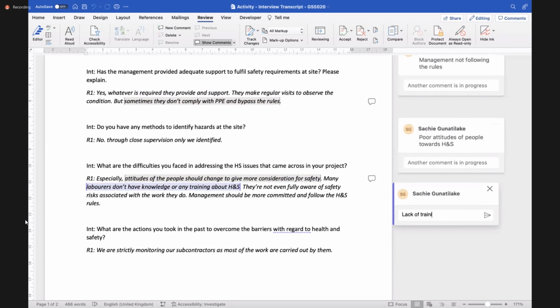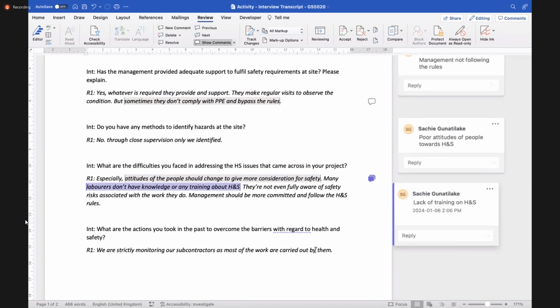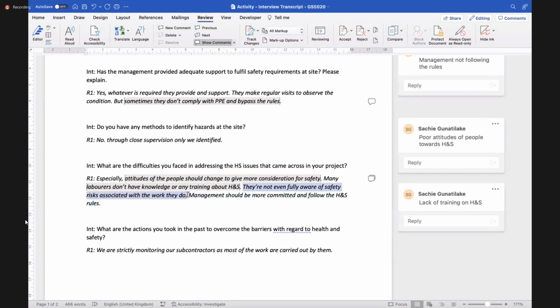So maybe lack of training. They're not even fully aware of safety risks associated with the work they do.